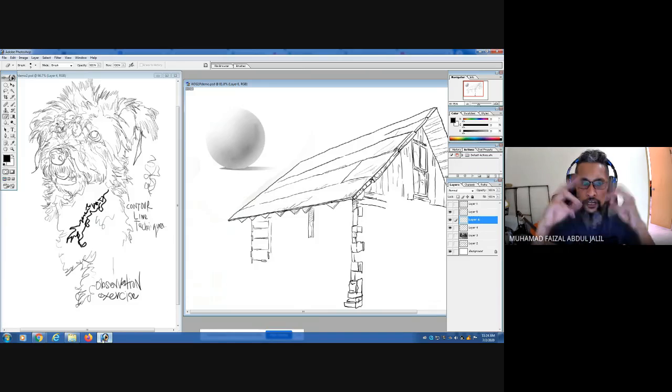I have more clear ideas, the directions, and also handling the pencil at the time I was using pencil and charcoal as well, more efficiently there. And I've learned also to draw using ball pen,